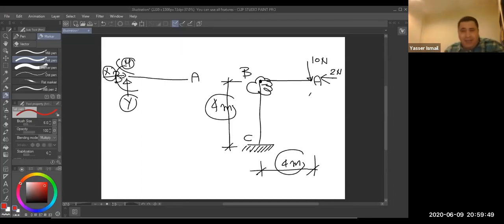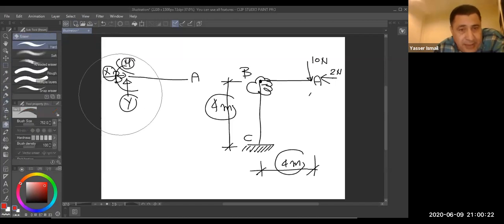Once you cut the segment, to make balance and equilibrium for this segment AB, I'm going to have the 3 components of the internal forces. They will appear to make this segment balanced. That means what? It means first you are going to calculate the reaction. Let us calculate the reaction. I will show you how, what it means there. The internal forces at the rigid joint. Let us calculate first the reaction.